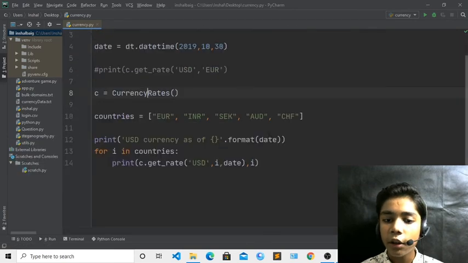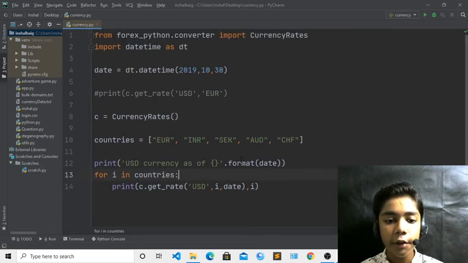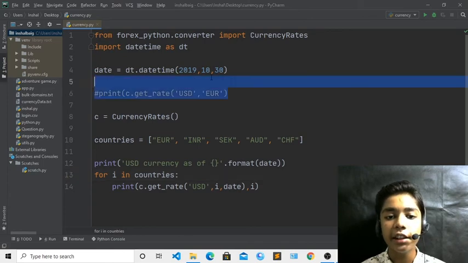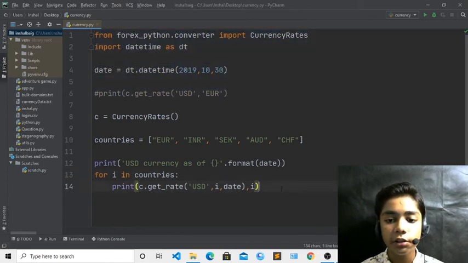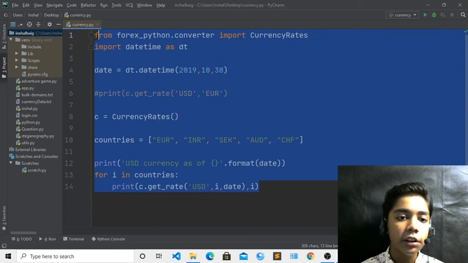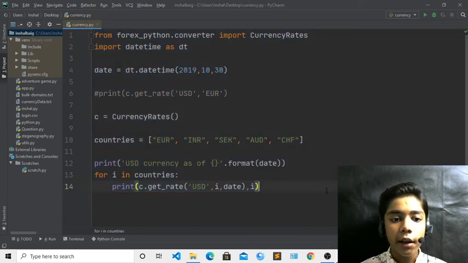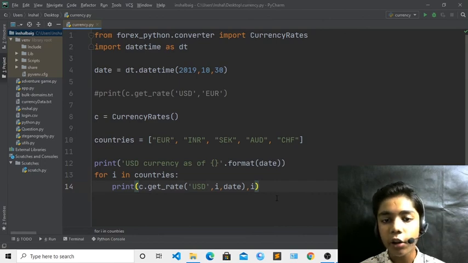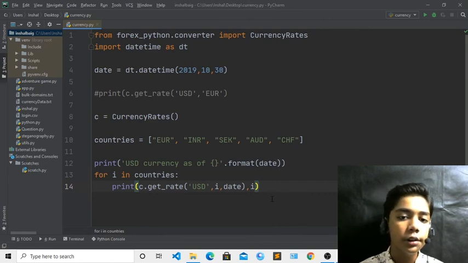I hope you understand what a currency converter in Python is, and I hope you also enjoyed this class like you were enjoying the previous classes. Just practice all these things you are working with. I am also practicing new things, and I will show you in coming videos, and I hope you will enjoy those videos also.